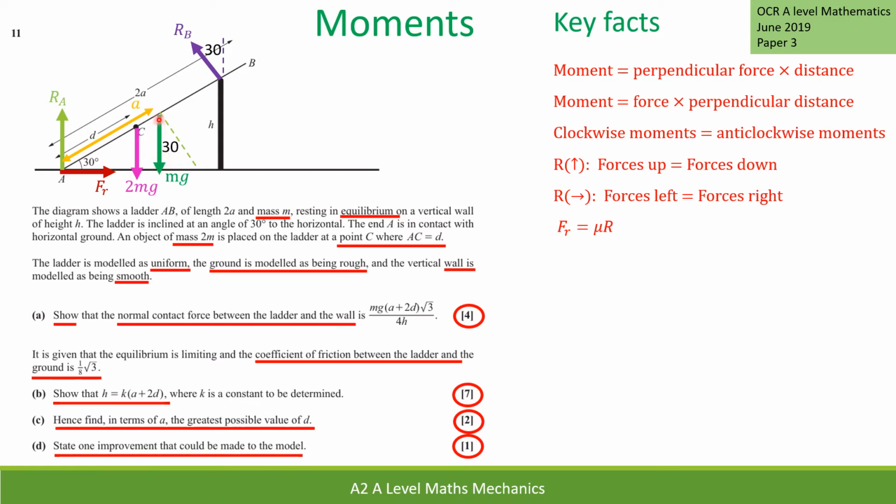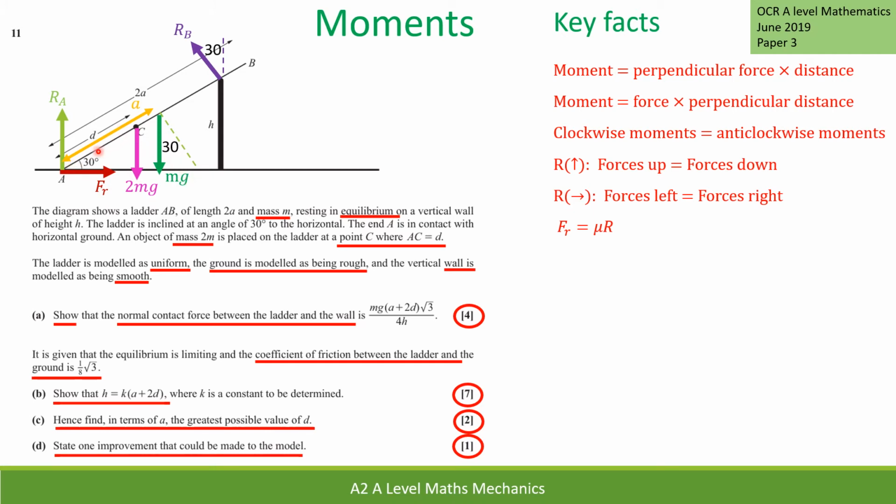So this side here is going to be mg cos 30 because this is the adjacent. Same in this scenario here. I've got this 30-degree angle here. So I've got 2mg is going to be cos, because it's the adjacent, of the angle, which is going to be 30. So that's my first force, my perpendicular force, times by the distance, which is just going